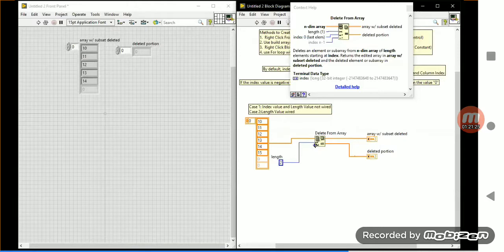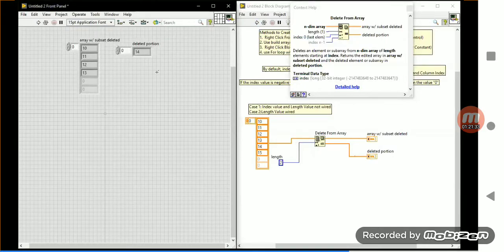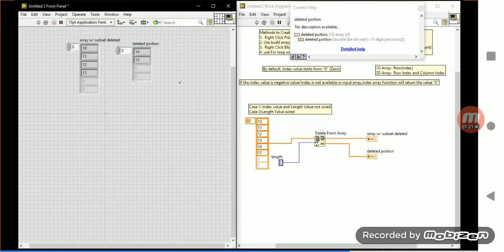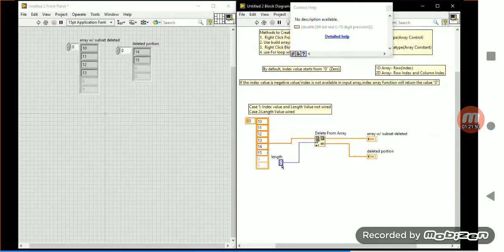So immediately we change the answer. I asked you one question, 14 15 14, will you change the answer? Actually the answer is 14 15 only, not 15 14. So there should not be confusion, you have to practice. From the last it will delete two elements, the last two elements will be deleted. 14 and 15 will be deleted.